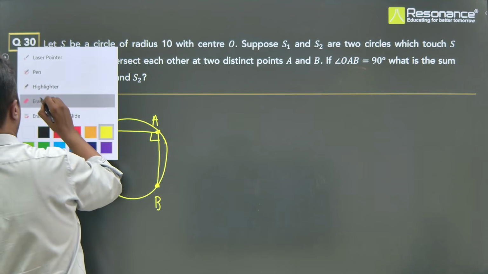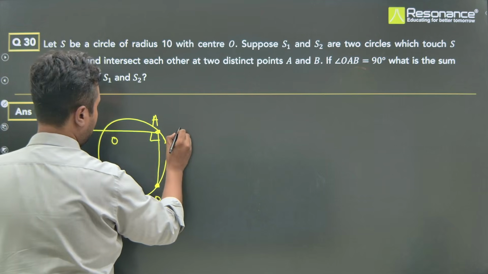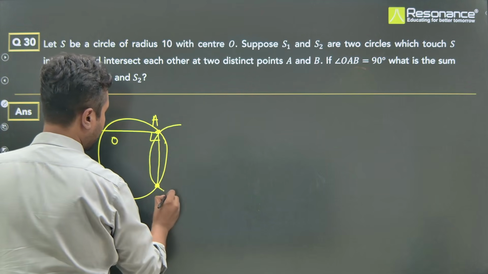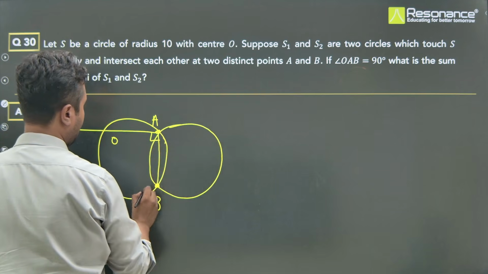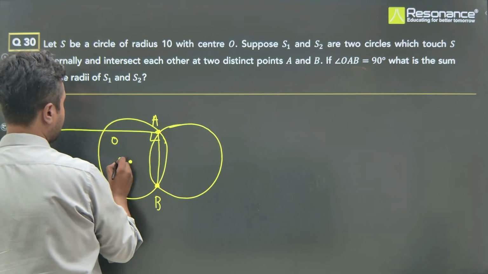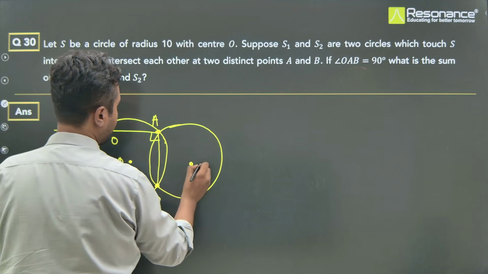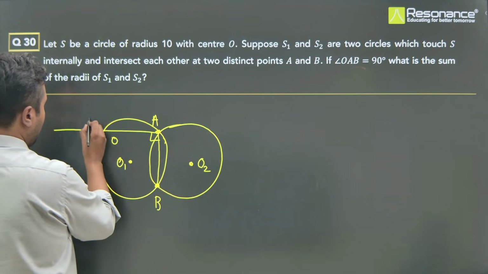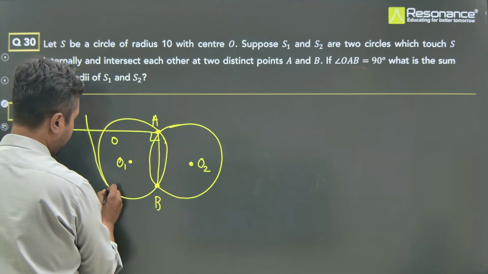Okay. I'll draw a smaller circle. Now, this is the center of this circle, let's just call it O1. The center of this circle, I'll just call that O2. Now, we have a circle